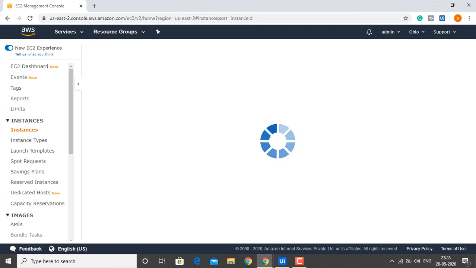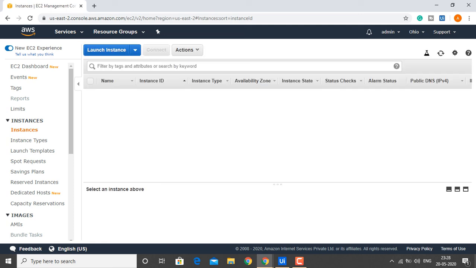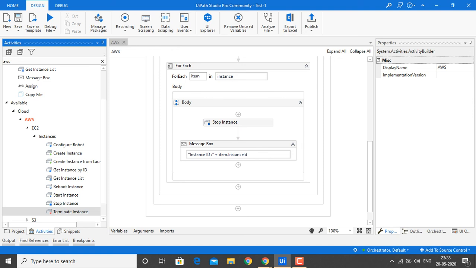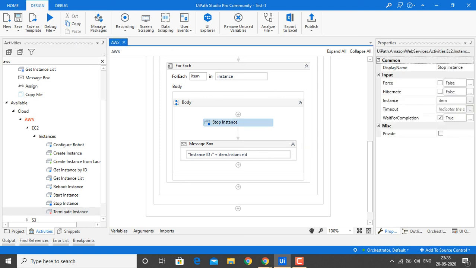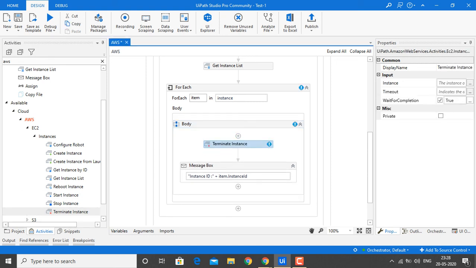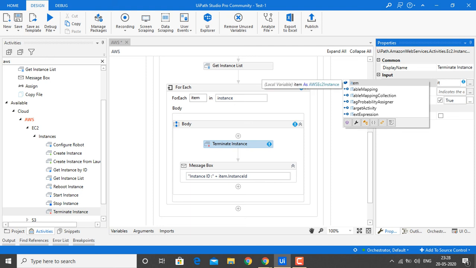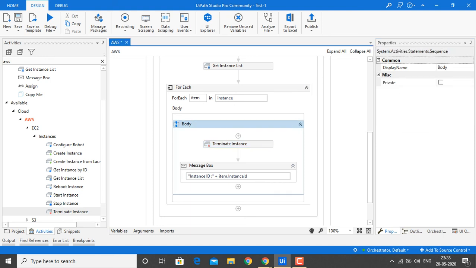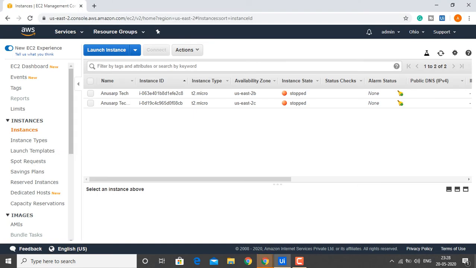Again, I want to terminate these two instances. I just have to provide Terminate Instance instead of Stop Instance, where I provide the instance as item. By running this, all the instances available in your region will be terminated.